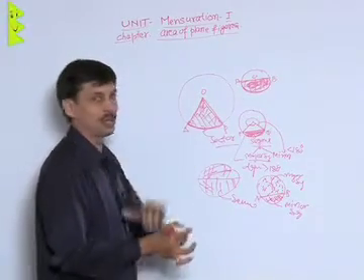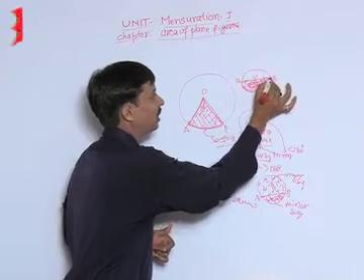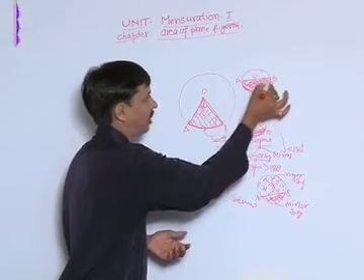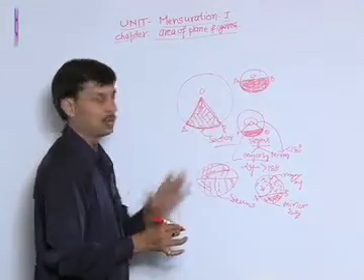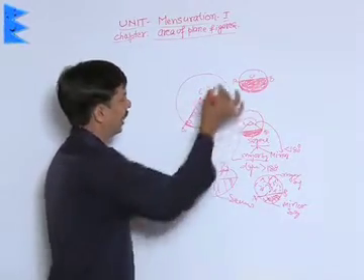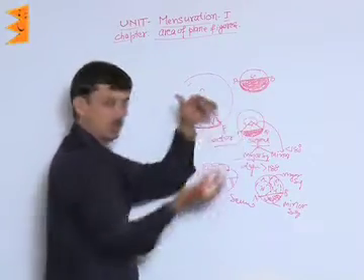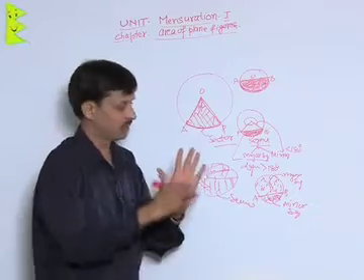Someone says it is a segment. I say you are also right. Reason being AB is a chord. The portion enclosed between a chord and the corresponding arc is known as what? Segment. So it is a segment also. And why is it a semicircle? Because the diameter separates a circle into two equal halves. So a semicircle is having all three names.